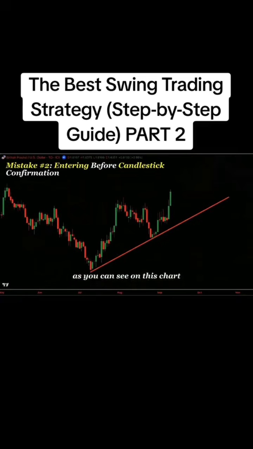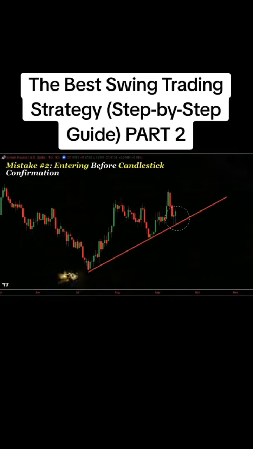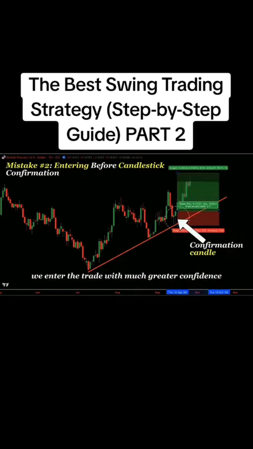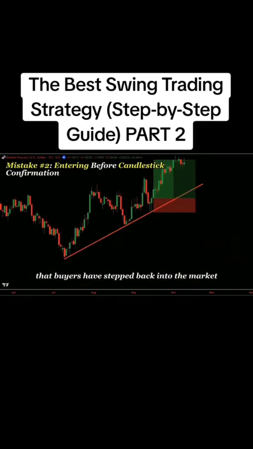As you can see on this chart, price pulls back to the trend line, but instead of buying immediately, we wait for a bullish confirmation candle. Once the confirmation candle closes, we enter the trade with much greater confidence that buyers have stepped back into the market. The same principle applies to bearish setups. Wait for a bearish confirmation candle